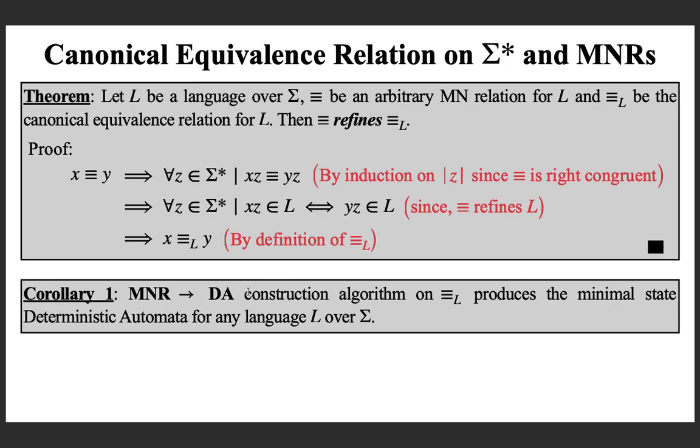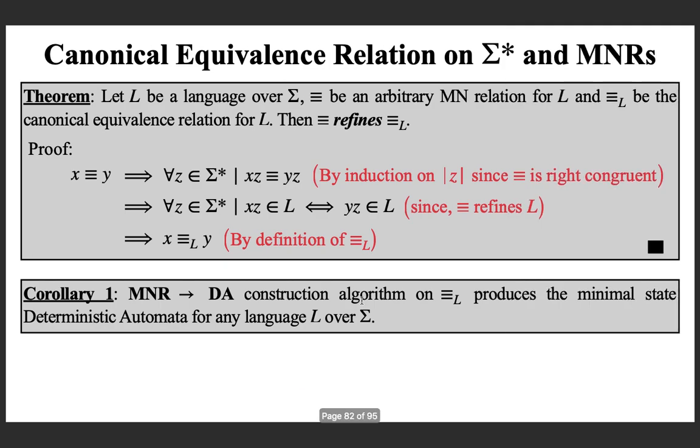And why is it that this is a corollary? Because if you take any DFA, that will induce an MN relation, and that MN relation will refine the canonical equivalence relation. And what about the number of equivalence classes? Here the number of equivalence classes of that induced MN relation will be the number of states in the given DFA, and that will be more than the number of states in the DFA that you obtain by applying the construction on the canonical equivalence relation. It's a little difficult thing, but I think you are getting it, or you can watch it again and see why this